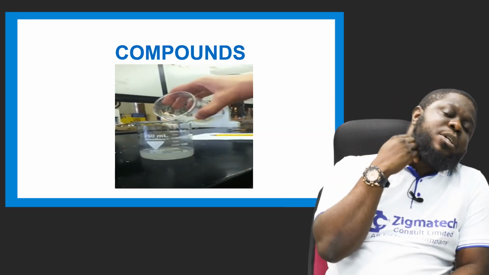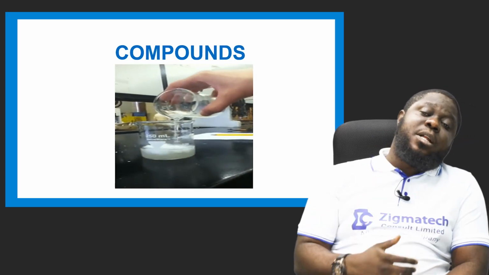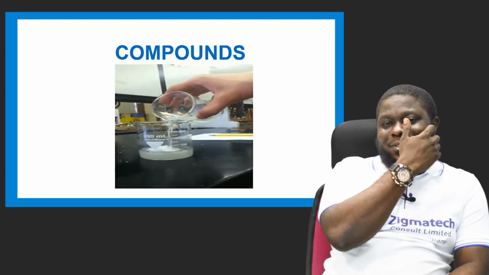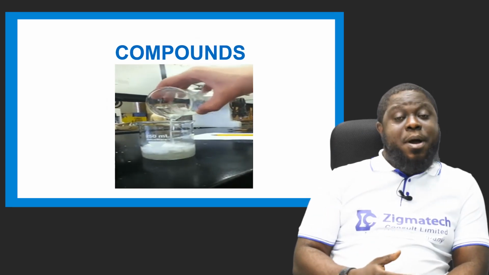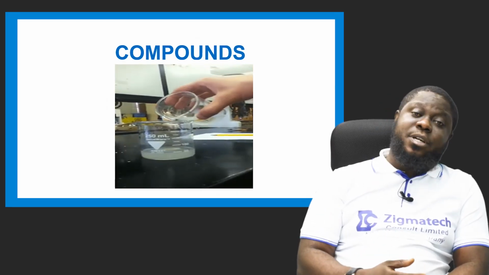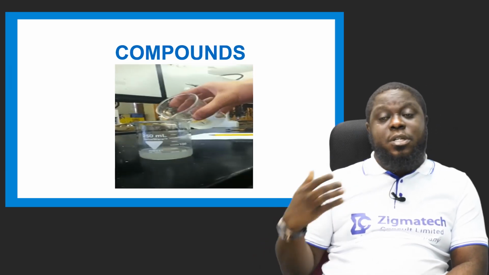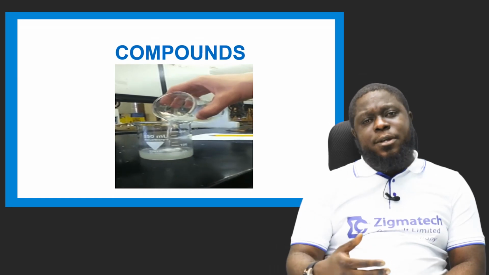Like a chemical change, like the rotten mango. The rotten mango is not a compound. Okay? The rotten mango is not a compound. It's just a chemical change, because the rotten mango cannot go back to its original form again. Now, these compounds you see